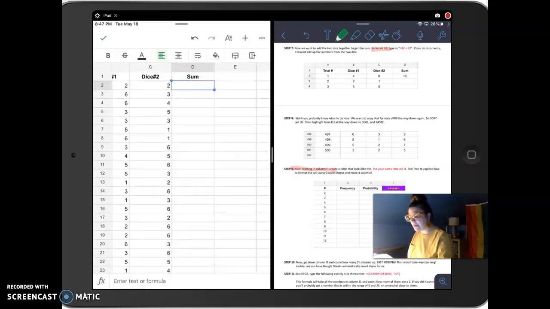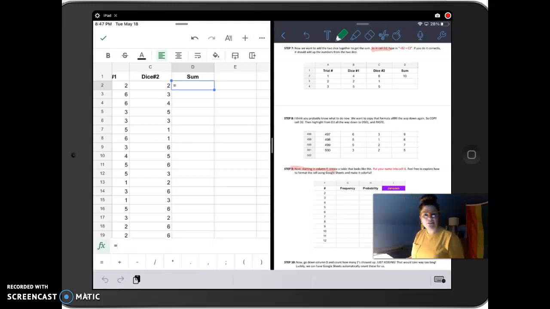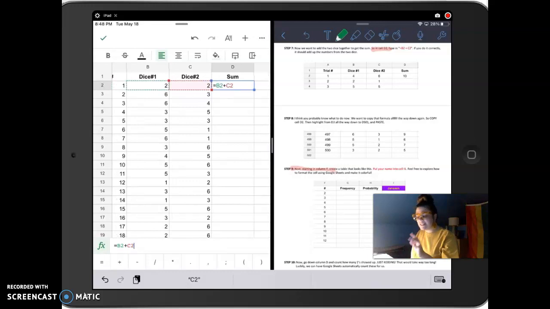So go ahead and tap on D2. And then we're going to use the equal sign again. So press the equal sign. And you're going to do B2 plus C2. So make sure you're doing capital B2, B2 plus C2. Now what that does, and this is really cool, is it highlights